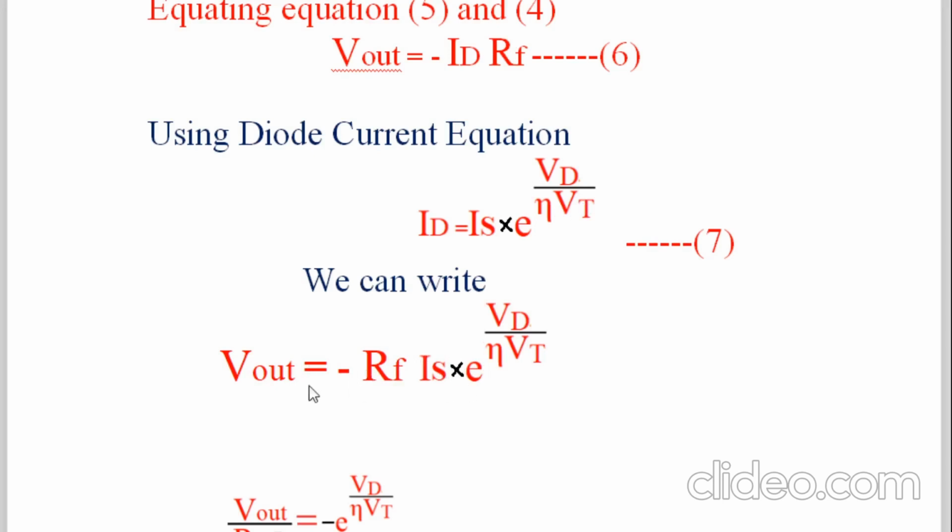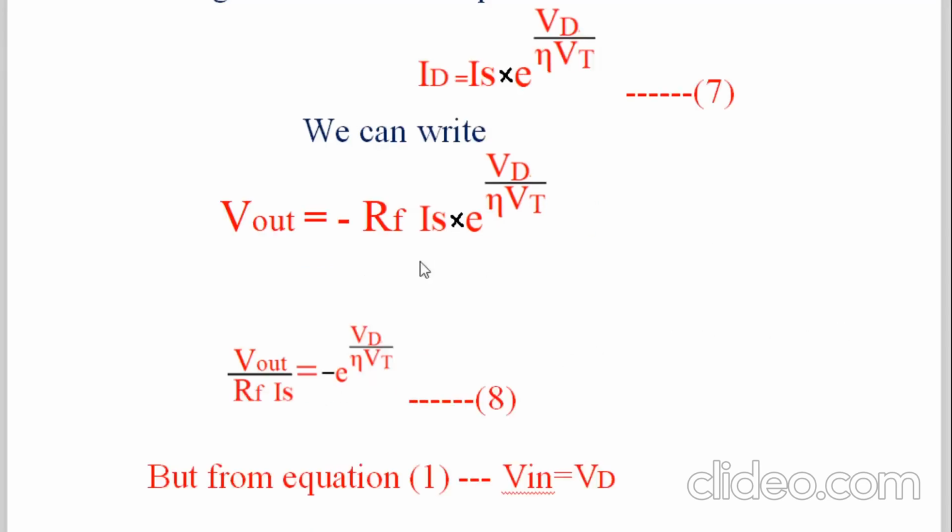Now we want to prove, don't forget, that the output voltage is the anti-log of Vin. So in this equation, let us take all constant terms, RF is constant, and Vout is the output voltage, on one side, and the exponential term on the other side. The exponential term is only one, e raised to VD divided by eta into Vt. So this we keep on the right hand side, and the other terms we take on the left hand side.